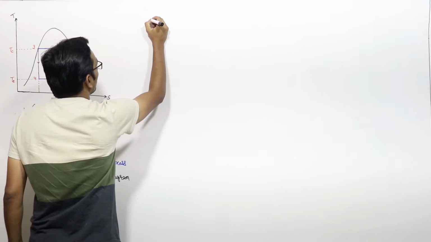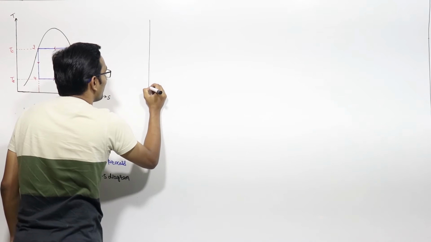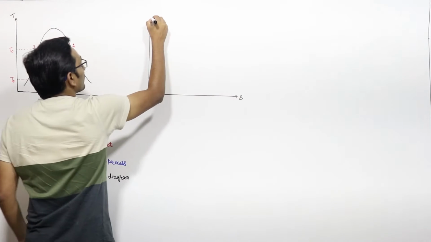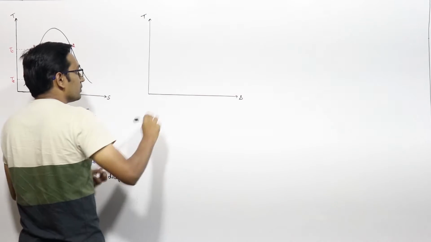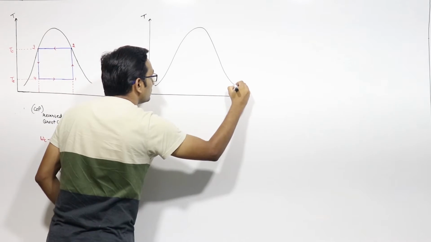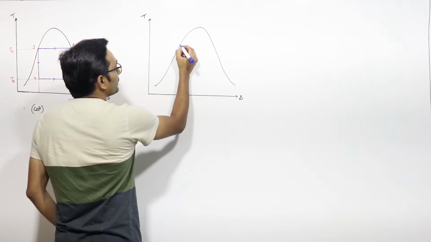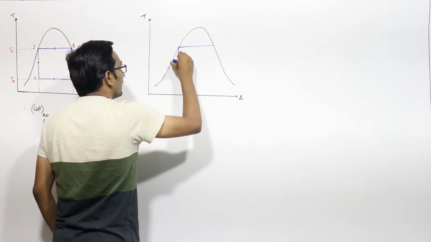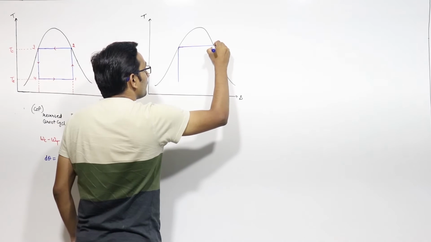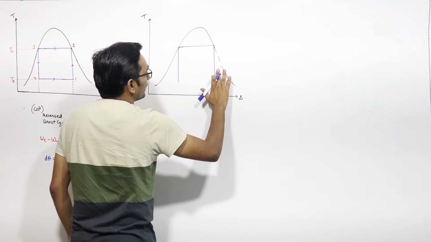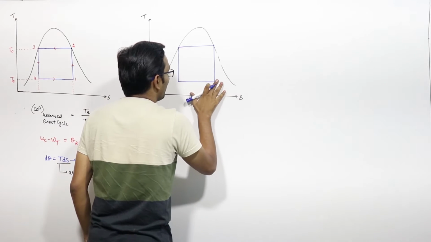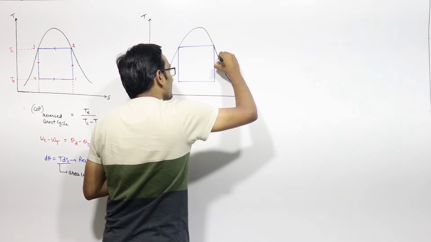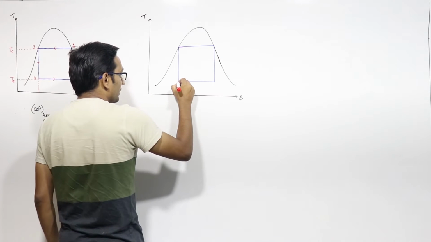If I draw this for your better understanding, let us again draw the TS diagram, just to make it clear. So this is the reversed Carnot cycle. A rough diagram will make you more clear about the areas. So if I project it like this,